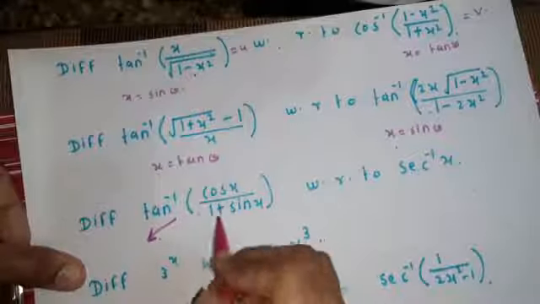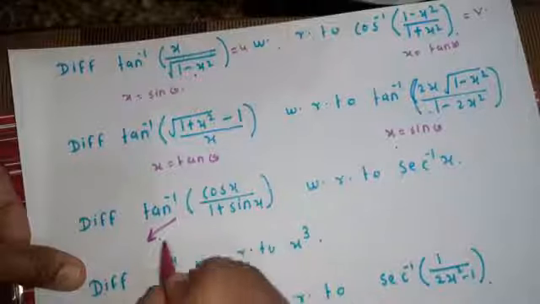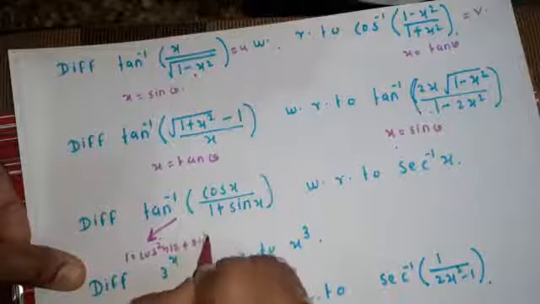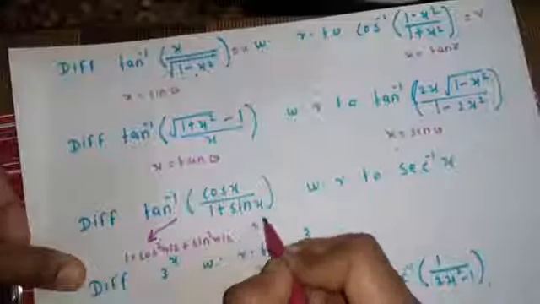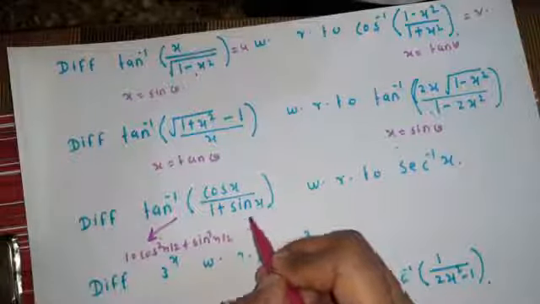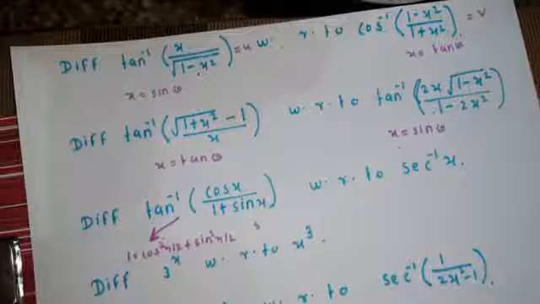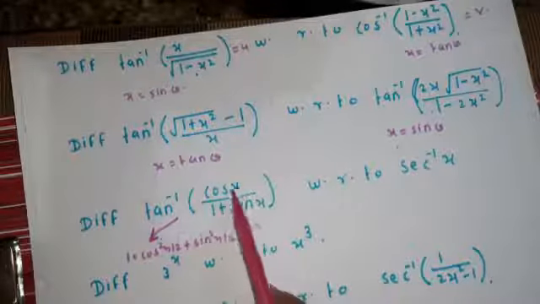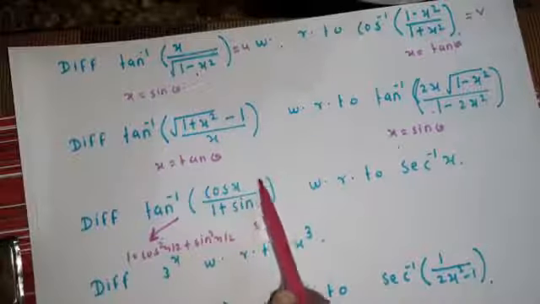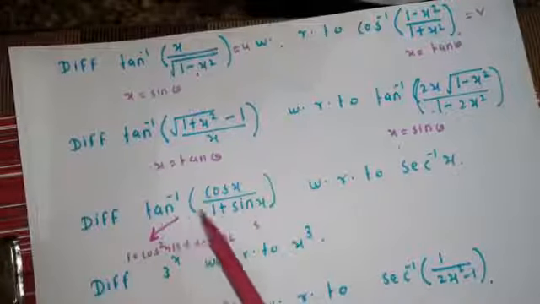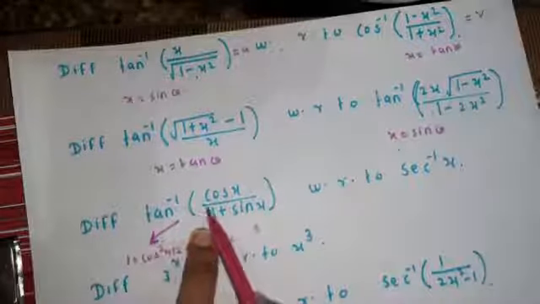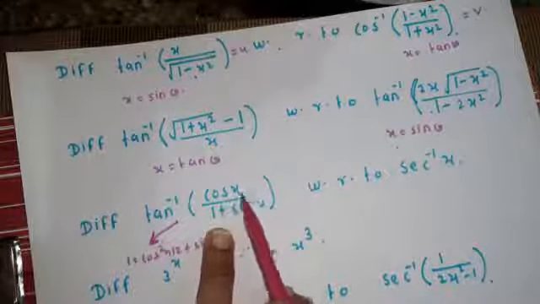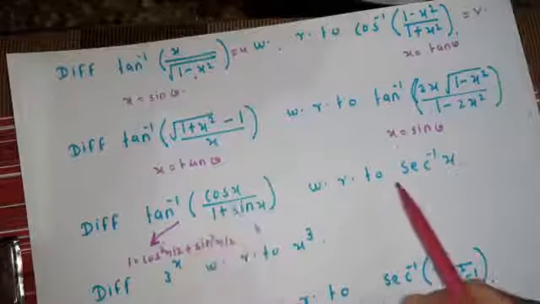So let us just revise. The value of 1 will be cos square x by 2 plus sin square x by 2. And the value of sin x, you know, is 2 sin x by 2 cos x by 2. And the denominator will be cos x by 2 plus sin x by 2 whole square. And at the numerator, cos x is cos square x by 2 minus sin square x by 2. The terms will get cancelled and that will be tan inverse of tan of pi by 4 minus x by 2. That term will be there.